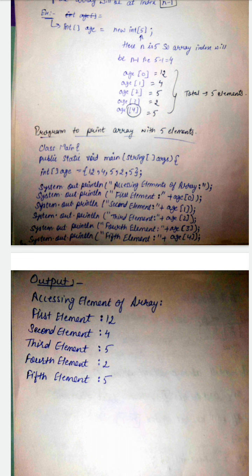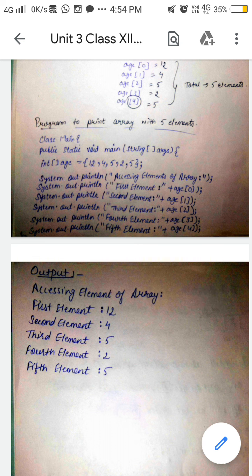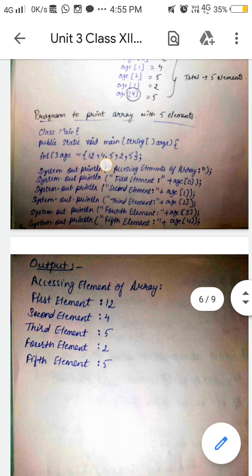Okay. So first, in Java programming we know that we write the statements inside the main method only. Firstly we have declared and initialized the array in one statement with the syntax data type, then brackets, then name of the array is equals to, and we have initialized this array age with the values 12, 4, 5, 2, 5. Now we have to print these values in the array.